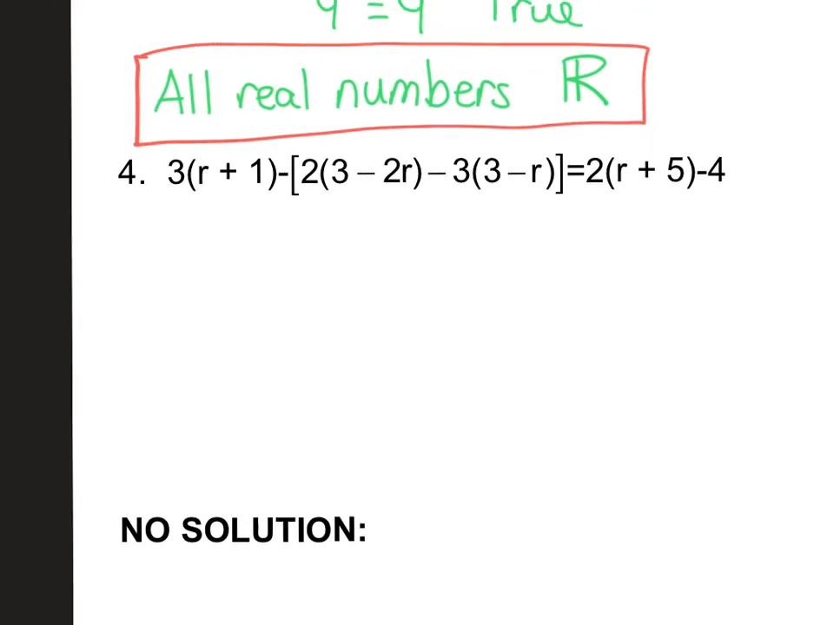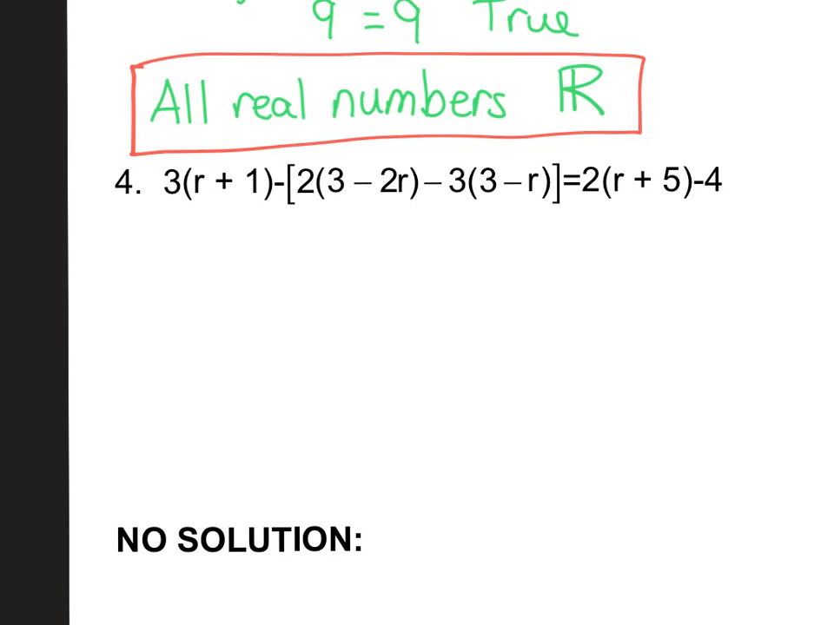Okay, so we've got one more problem to solve. You can see there's a lot going on in this problem. We've got parentheses, we've got brackets. We're still going to go ahead and work it piece by piece. I'm going to go ahead and try to get rid of parentheses, both within and